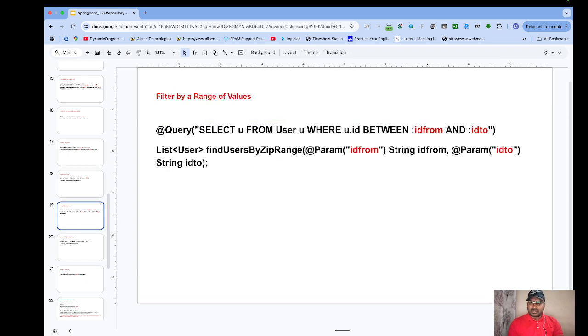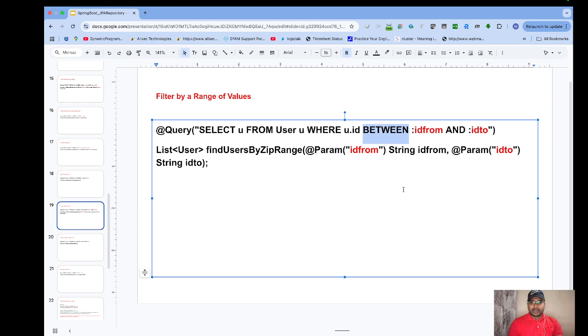Okay guys, now you see the between operator. Where we can use between, usually we can give a time, right? Actually, in the user table I do not have a time, so I gave a range from id to id. This is for range, right? If you have a time, you can create a date column and get the user data based on the range of the time. Okay,